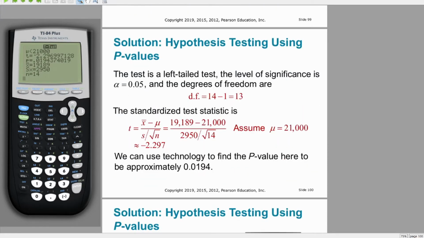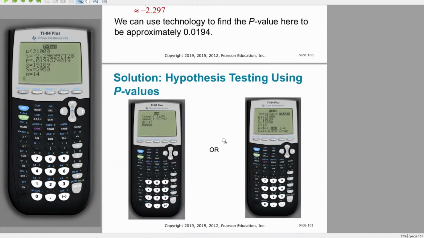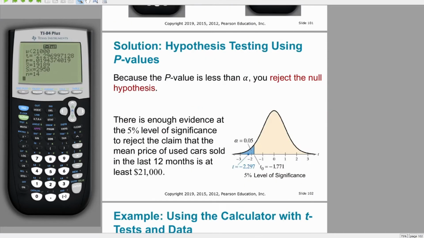And if we want to see this, you can see that we get, up to rounding, the appropriate t-score. And then if we want to find the p-value, we can use the tcdf function. It's very rarely seen, but really we're better served going with this t-test computation. In any case, we get the appropriate values here, where we have that the p-value is less than alpha in this case,